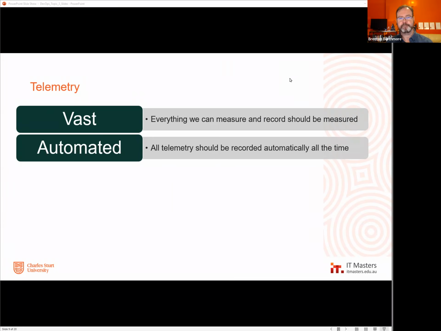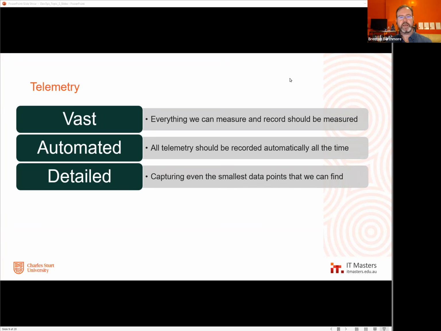It's automated. It happens automatically. It's not something where we say, oh, we should turn this monitoring on now. You might turn on visibility to some things, and we'll go through some layers of information in a little while that will separate some of those. But you want it all to happen all the time, automatically. This is not something that needs to have a manual intervention. You want enough detail so that when it's needed for diagnostic purposes, even the smallest points of data that might reveal something useful or informative can be found and used. It has to have enough detail.